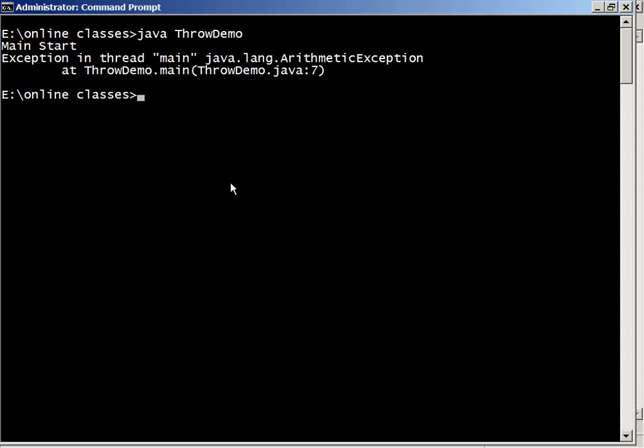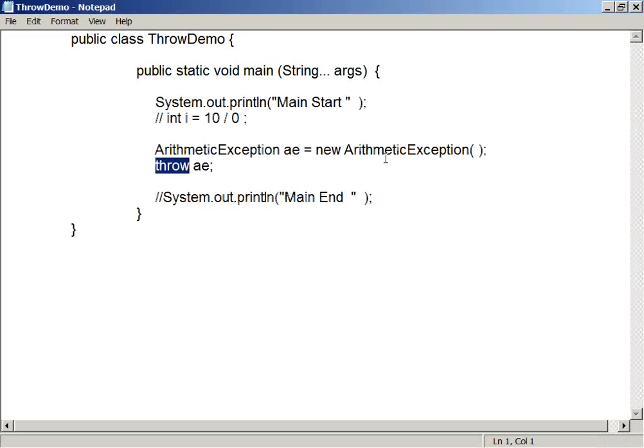The same thing happened here. See that main started and an exception was raised. What is the exception raised here? Arithmetic exception. And the program did not complete because I am not handling it. Now if you want to handle it, same thing: put these statements inside try and catch. What type of exception are you interested in handling?